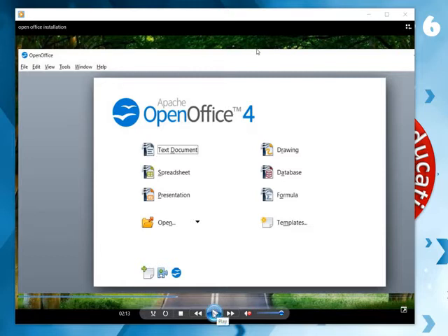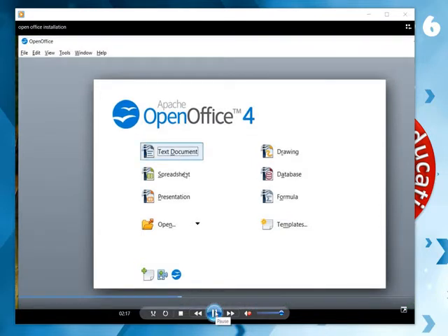So this OpenOffice software is able to support text document, that is like our Word, spreadsheet, like the Excel, presentation, then drawing, database, formula. There are many things, but only three things are going to be covered in your syllabus. It will be very easy for you. So for this Chapter 6, you have to select the option text document. Select it, click.